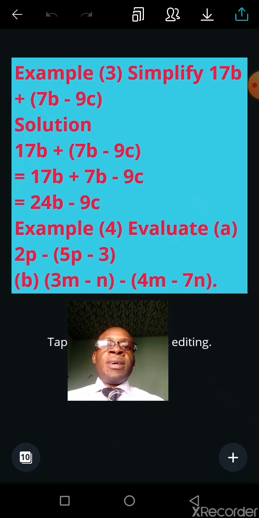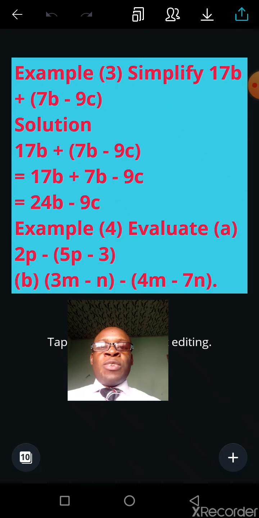Example 3. Simplify 17b plus bracket open 7b minus 9c bracket close. Solution: 17b plus bracket open 7b minus 9c bracket close. You see that in the brackets, that is 7b minus 9c, because there are different terms, you can't simplify. What you have to do is to remove the brackets. So we now have equals 17b plus times 7b, we have plus 7b. Then plus times minus 9c, we have minus 9c,